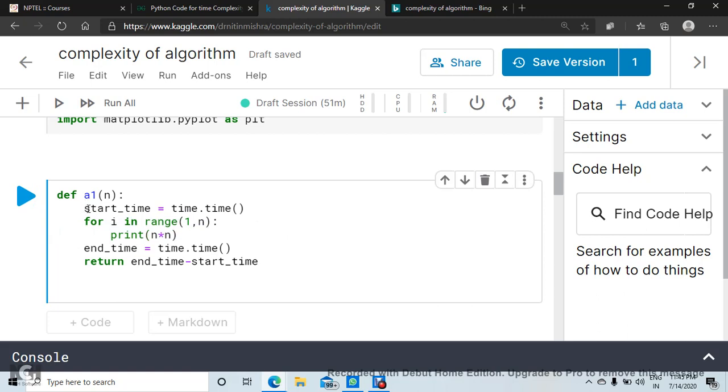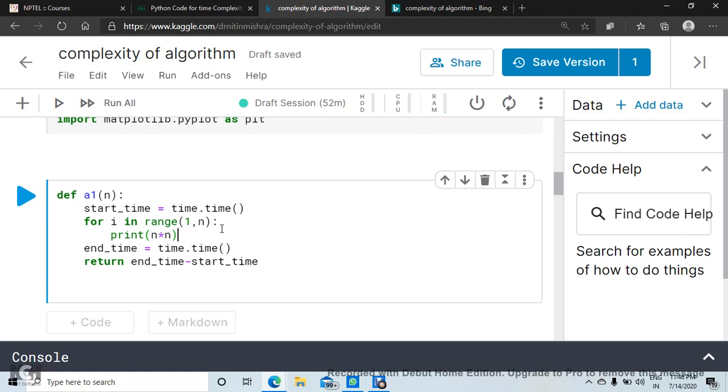So let us start with this algorithm, and the same code you will have to practice in your lab sessions also. Okay, so first step start time, last step end time, and rest is your algorithm.